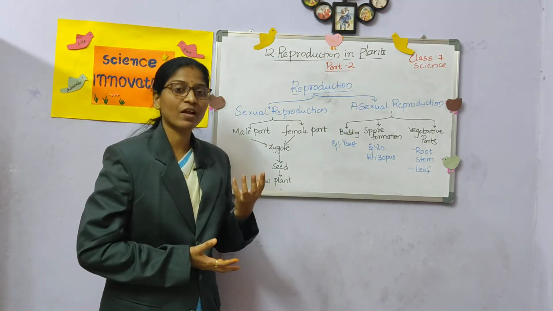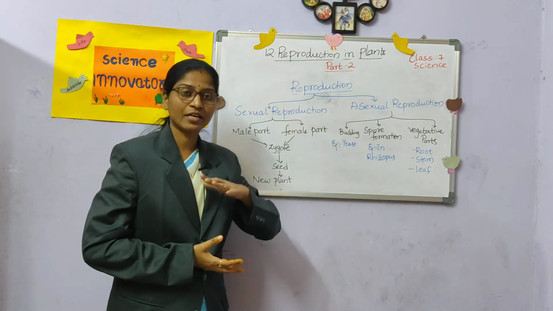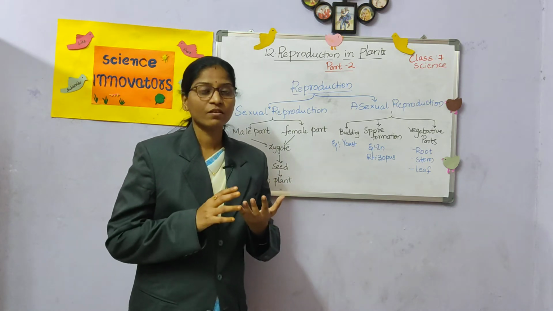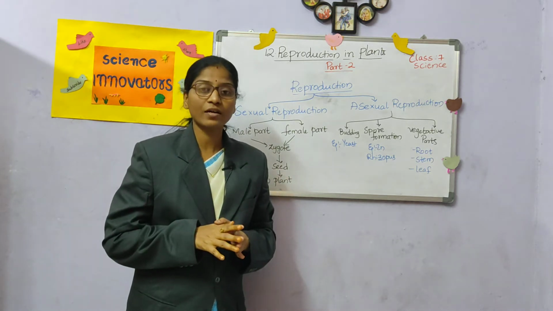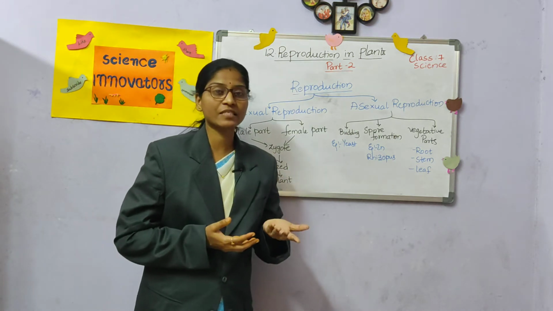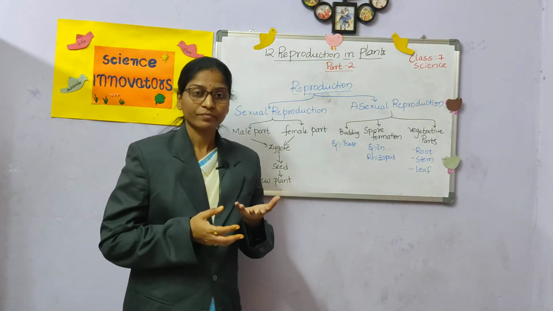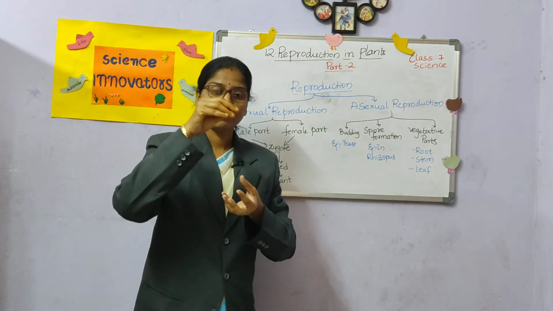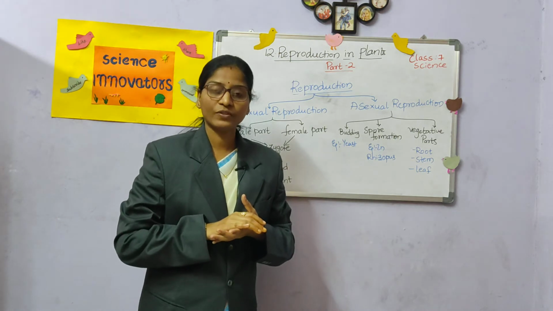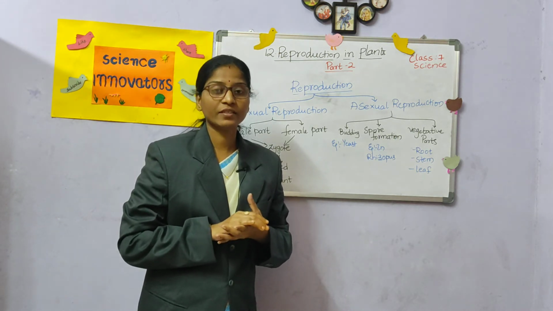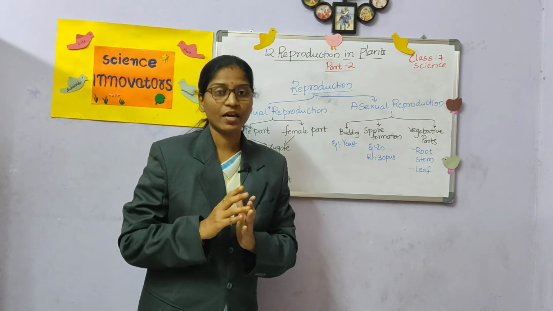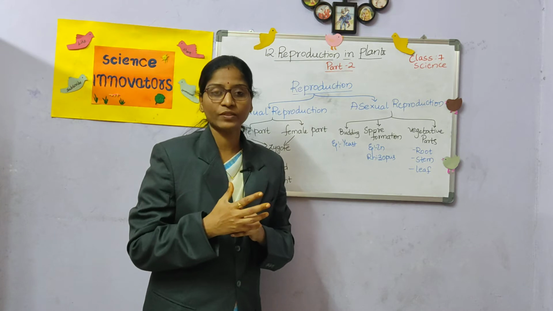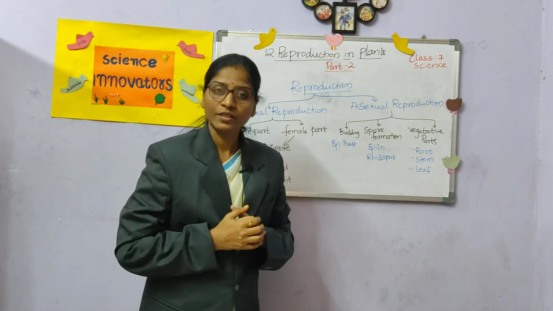We have seen bisexual flowers and also unisexual flowers. Bisexual flowers are the flowers with both male and female parts in the same flower. Example, we have seen hibiscus, where the pollen grains from the male part fall on the stigma of the female part and undergo self pollination. After formation of the seeds, they will produce the new plant.